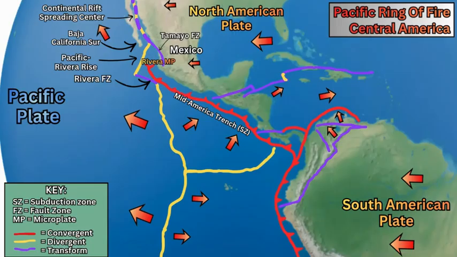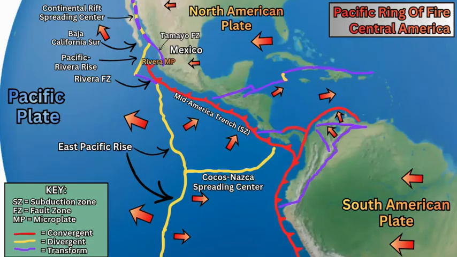Then we extend further south where you have the East Pacific Rise, the divergent plate boundary, which is forming the enormous Pacific Plate, and extends south into the equatorial regions of the Pacific and further south into the southern Pacific Ocean. And then in the eastern equatorial Pacific, around 2 degrees north and 101 degrees west, you have a perpendicular, separate divergent plate boundary, a spreading center called the Cocos-Nazca Spreading Center, and it extends from the East Pacific Rise east